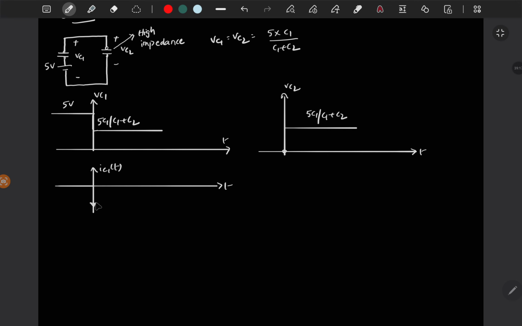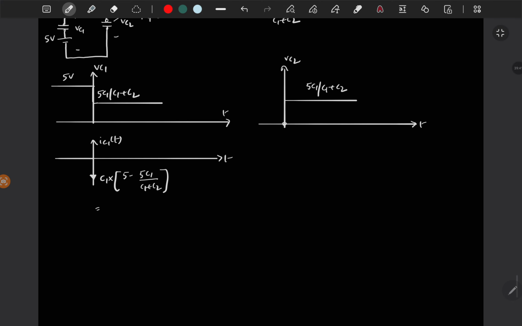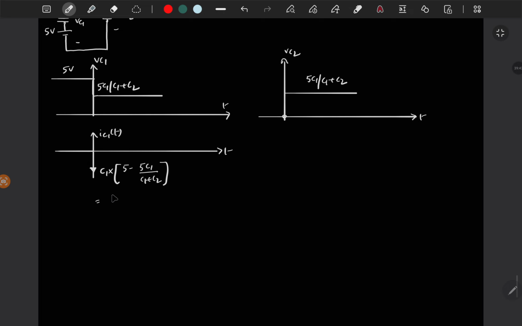So from higher to lower, you will get a negative impulse current with magnitude of C1 times the change in voltage, which is 5 minus 5C1 by C1 plus C2. Actually this should be minus,